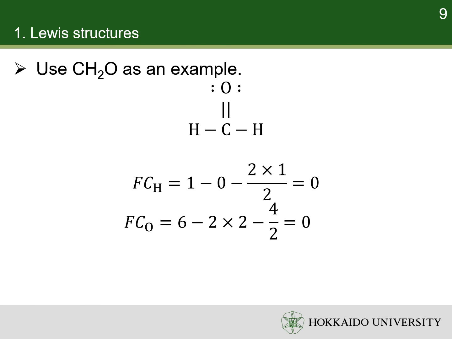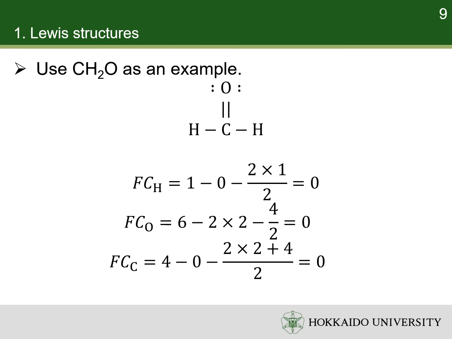The neutral oxygen atom in isolation has 6 valence electrons. In the Lewis structure, the oxygen atom has 2 lone pairs. It has a double bond. 2 of the 4 electrons in this bond are assigned to the oxygen atom. Thus, the formal charge of the oxygen atom is 0.